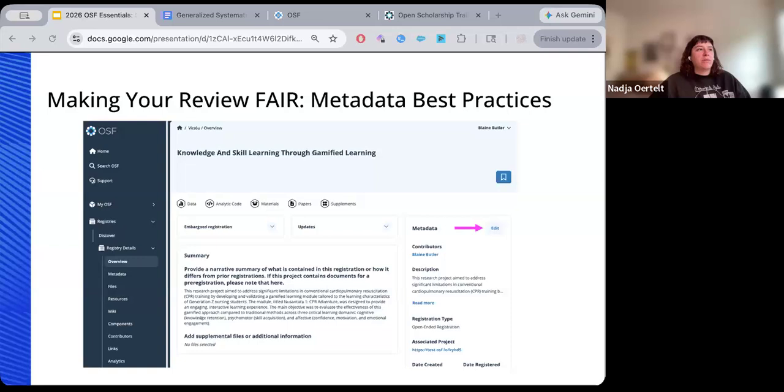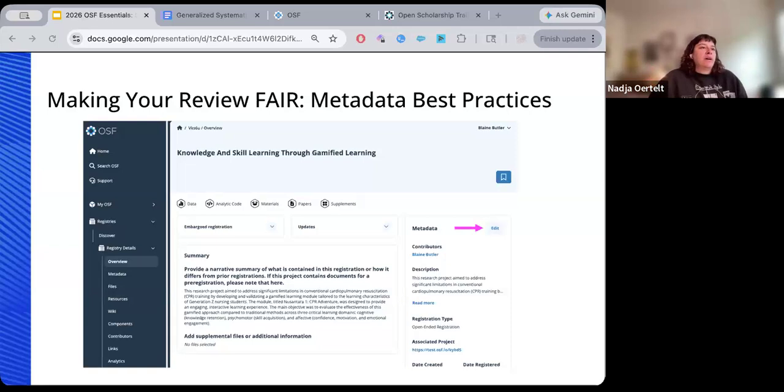Extremely helpful for most powerfully using OSF search, and also helps you think through a little bit how you might want to use metadata to make your registration as FAIR as possible. So I do highly recommend watching that. Leave this webinar and go to that webinar and watch it first and then come back.